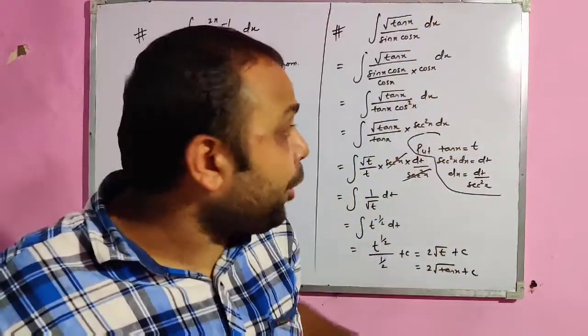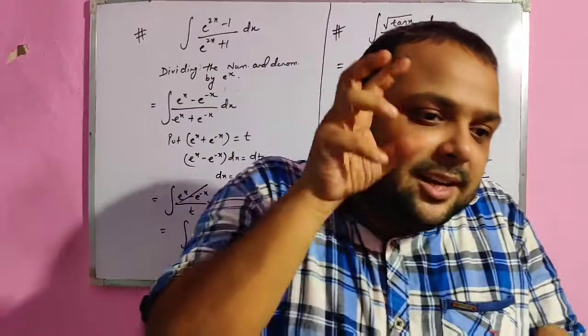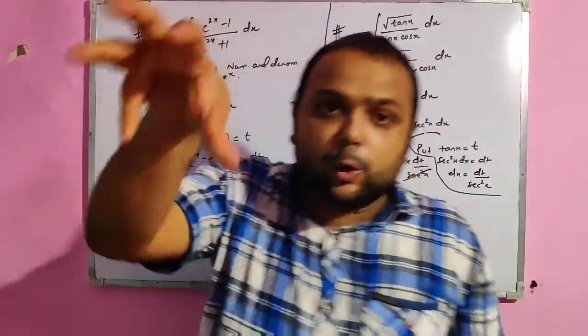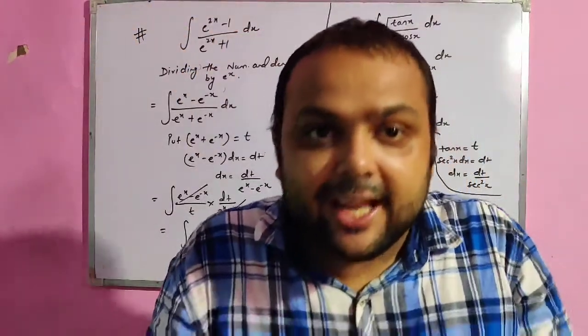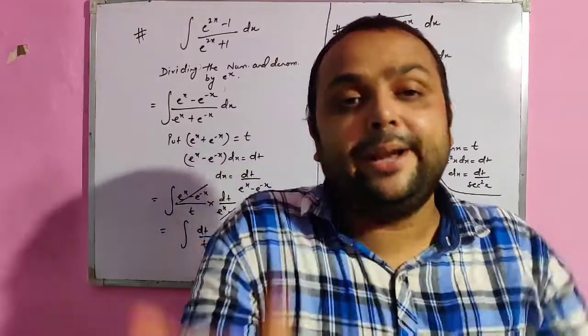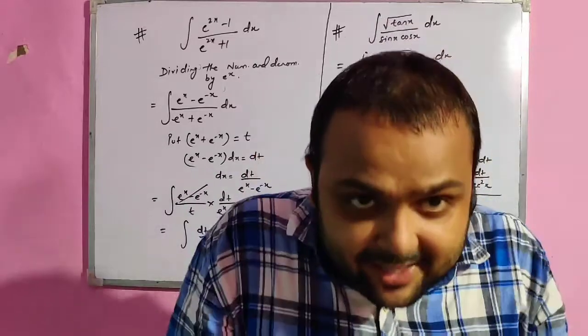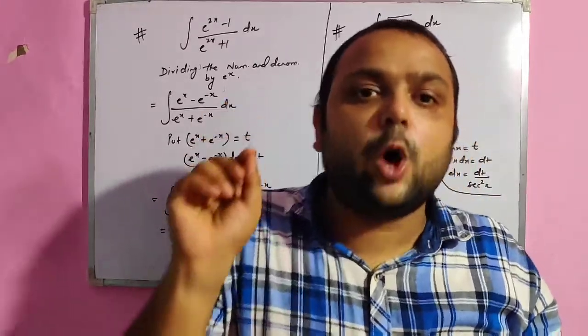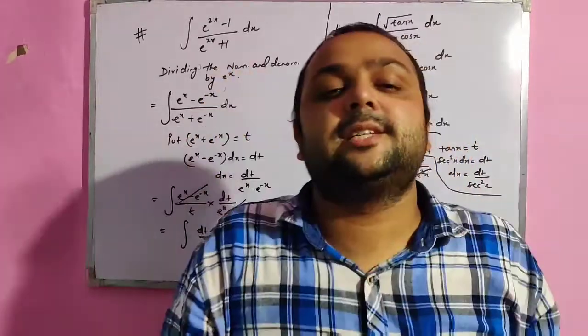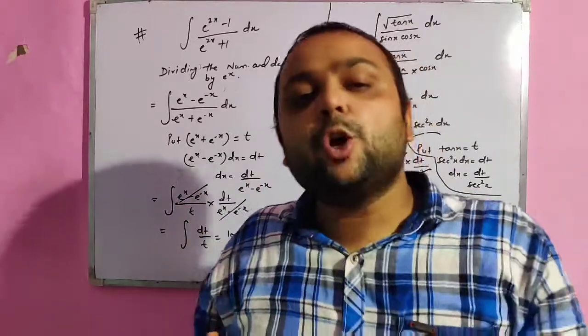Now in these types of problems, what you do is you just take one of the values, put it equal to t, differentiate it, and then you will see the other will automatically eliminate. Moreover, the more practice, the more problems you solve, the technique will be easily understandable by you. So try solving more problems.